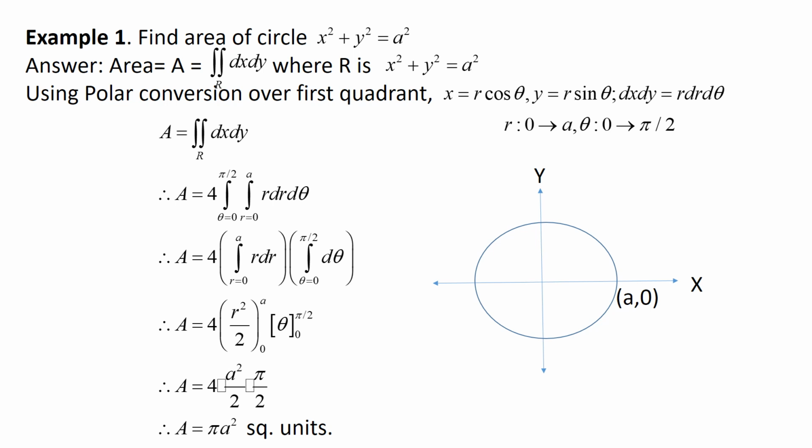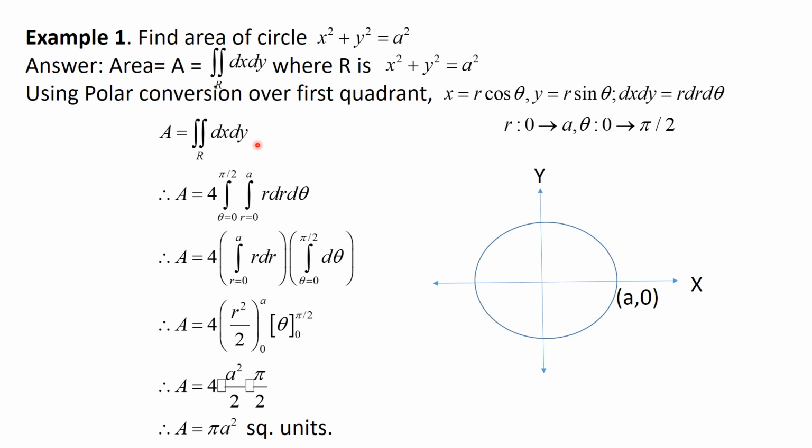and problems based on this area. So look at the first example, that is find area of the circle x square plus y square equal to a square. We are going through the simplest example, where we know the answer for the area of the circle whose radius is equal to a, which is pi a square. So answer is known. How to calculate this? By using our method, that is by using double integral forms, that we'll see now.